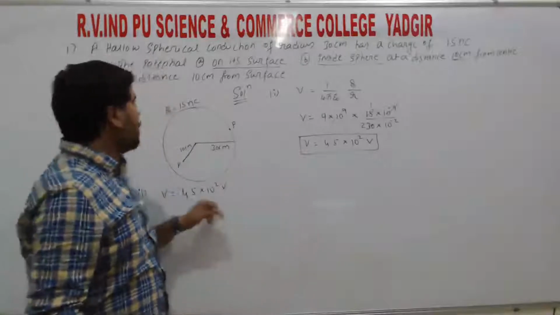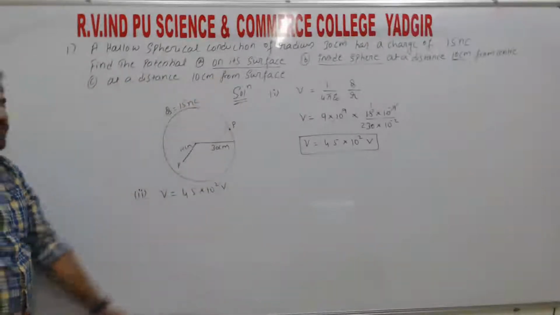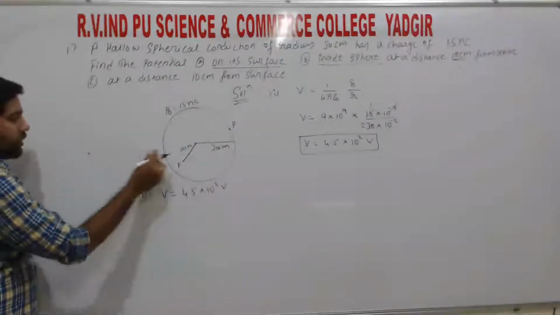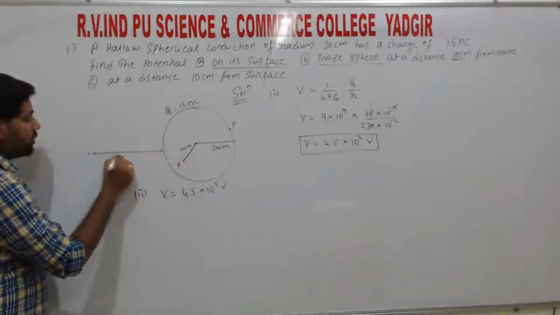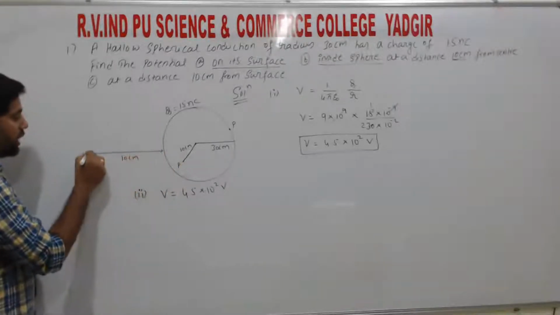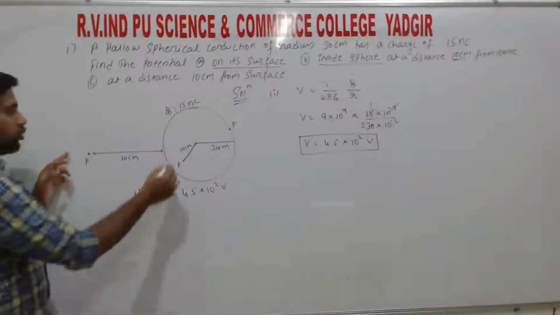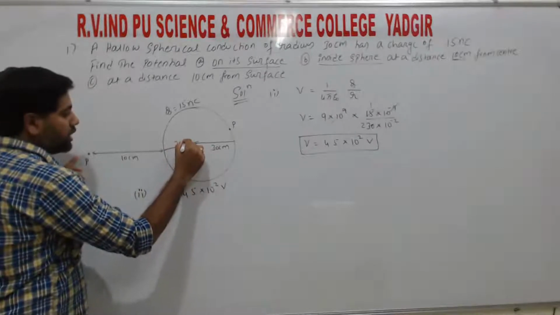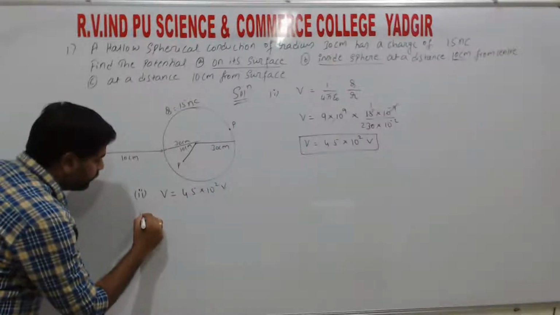So next, the last, third case is at a distance of 10 centimeter from the surface. So this one is the surface, and from this surface the distance is 10 centimeter. Here we are going to find the potential. Then what is the total distance from the center? From the center to the surface it is 30, because this gives the radius, right? So for the third case,